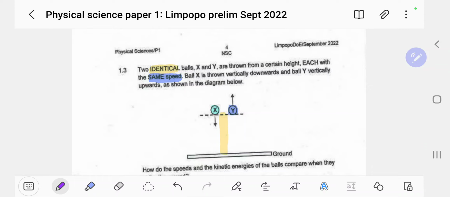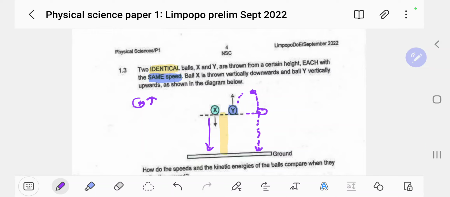Not a problem. Now if we can just draw the trajectory of what will happen, this ball will reach some maximum height and then come back down to the ground, whereas this one just goes straight down to the ground. Now let's have a look here. Remember, the velocity or the speed with which this ball leaves, it will be the same speed it will arrive at the same height on its way down. So it's only negative, because if you choose up as positive, for example, then down would be negative, or you choose down as positive and then up would be negative.